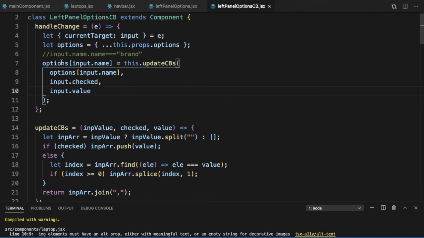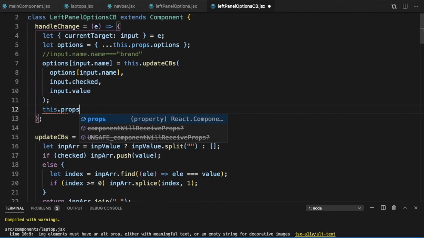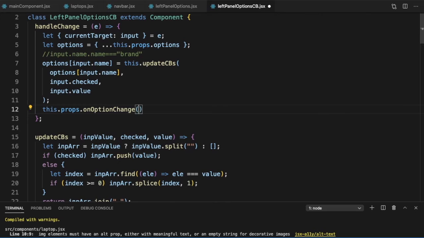So this would work for all the checkboxes. Note, in this case, because there are only checkboxes, this methodology will work. Otherwise, we will need to wrap it around those if conditions, and check for checkboxes and their individual names. Here, because all the handleChange is happening on checkboxes, this should work. Once we have done it, we should just call this.props.onOptionChange(options).